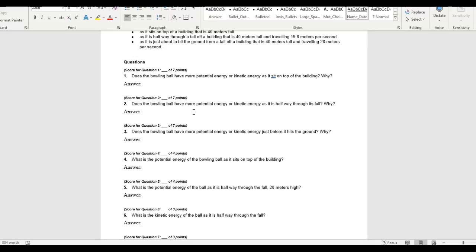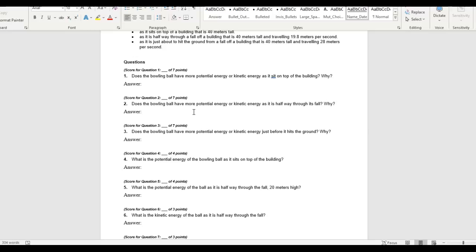So if we calculate the GPE halfway through, you have a mass of 2 kilograms, the gravitational constant of 9.8, and the height of 20. So that gives us 2 times 9.8 times 20. That gives us 392. If we calculate the kinetic energy here, we've got to figure out